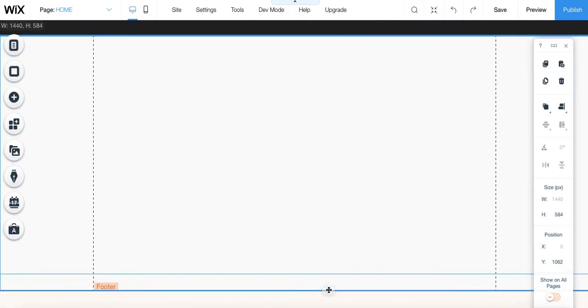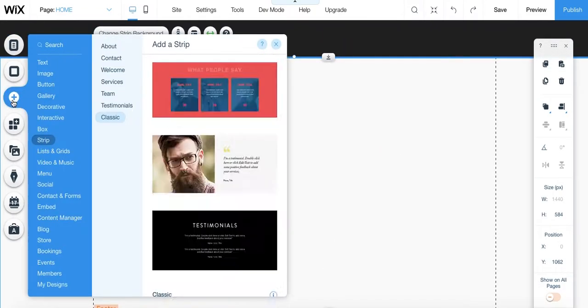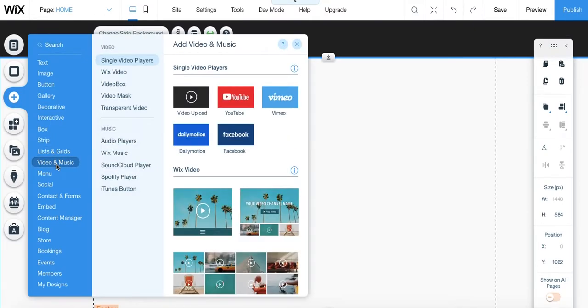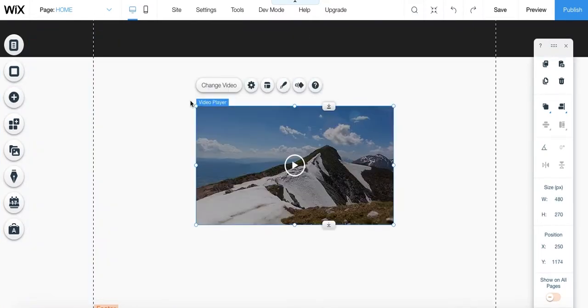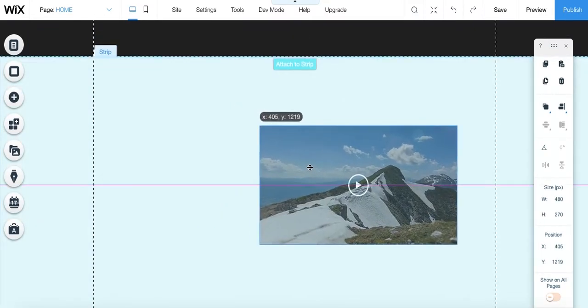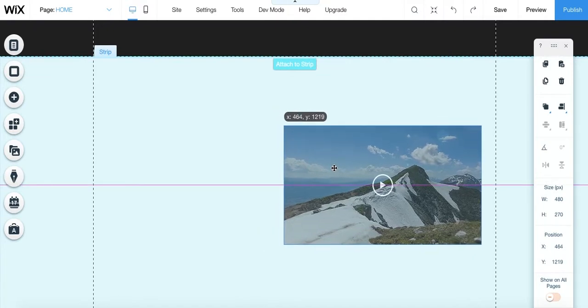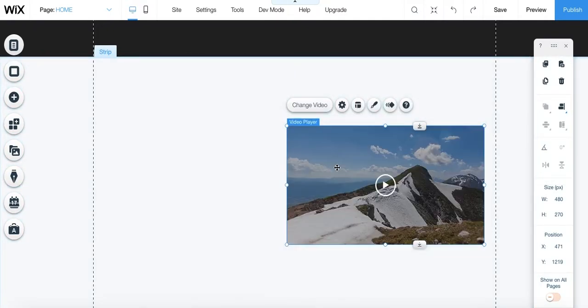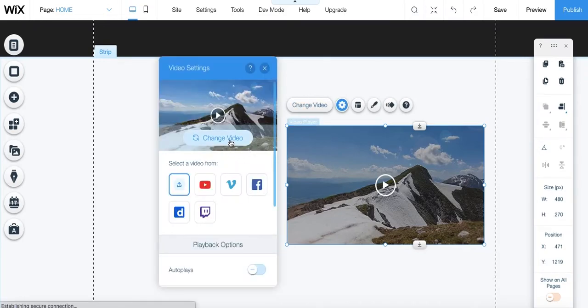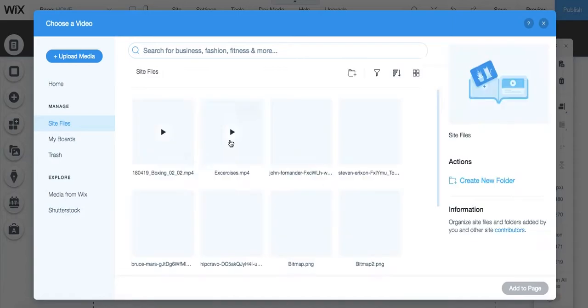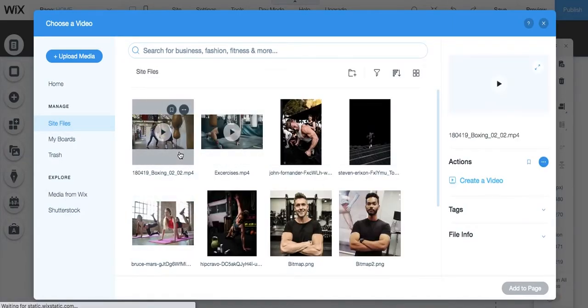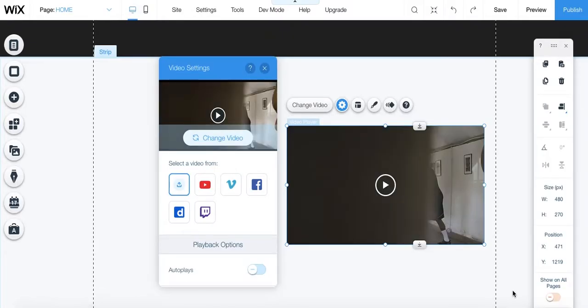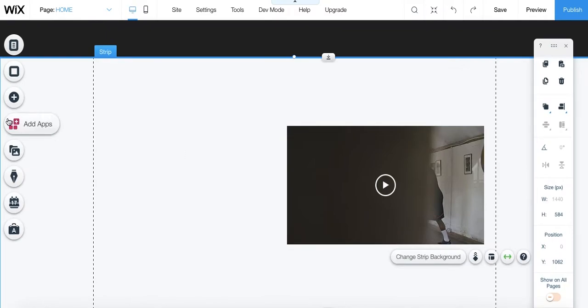On the Add menu, let's go for the video and music section and select the video upload option. First of all, let's make sure that the video is aligned vertically. Now I'm going to go ahead, click on the video, select the change video button, and then I'm just going to choose one of my media files. This video simulates the workshops that we're advertising. And now that we got it in the template, I'm going to go ahead and add the description for the video. So let's go for a Classic title